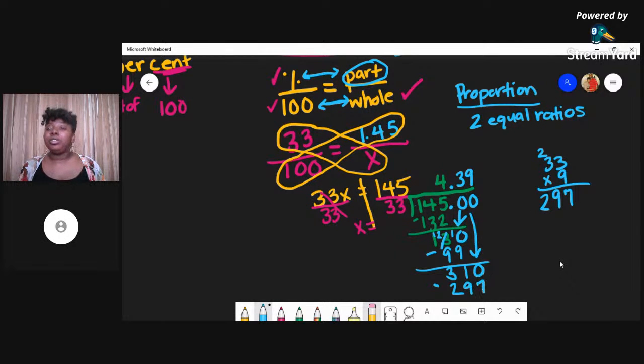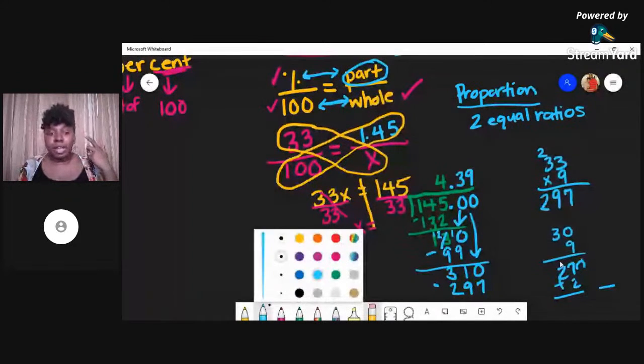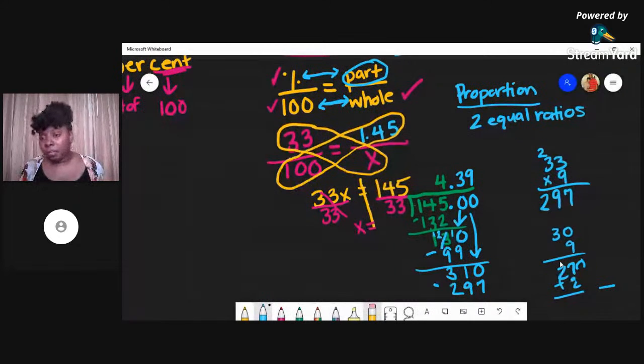Okay. And if ever you do that, because you knew that 30 times 9 was 270, right? Then just do 3 times 9, which you knew was 27, and you could just add it together. So if you wanted to do it in your head like that, you can just, you know, 3 times 9. So you could have just done it, okay? But I was just showing you another way. Okay, so 310 minus 297 is